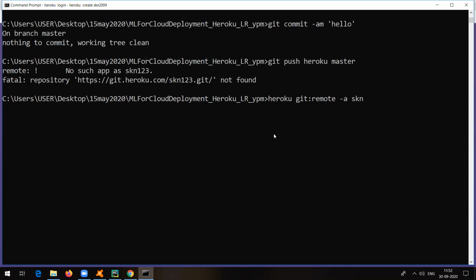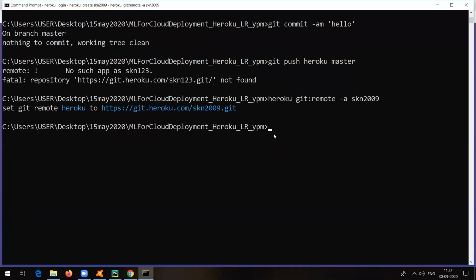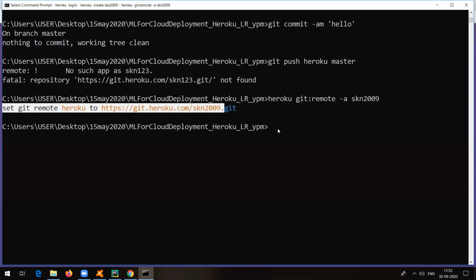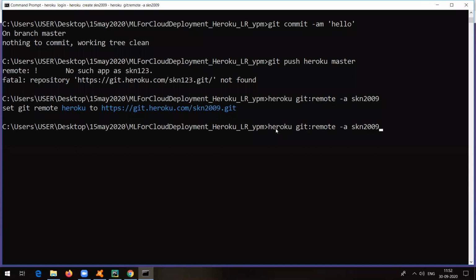My application name is skn 2009. Let me see. So it should set the git remote to skn 2009. Now I will again try to push onto the cloud with the same command, git push heroku master. Let me see.